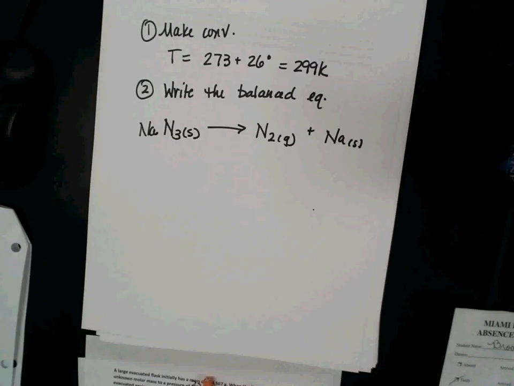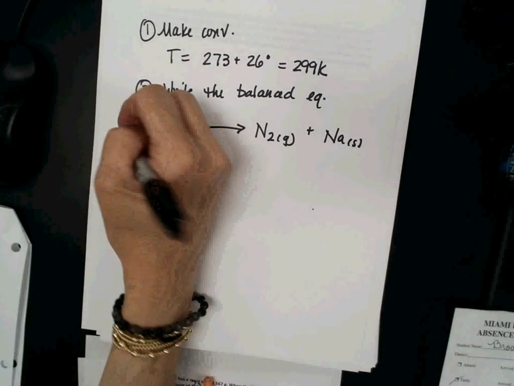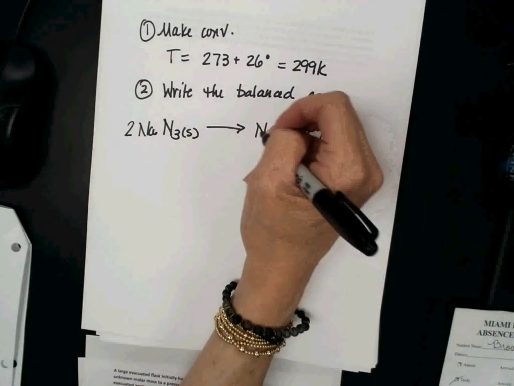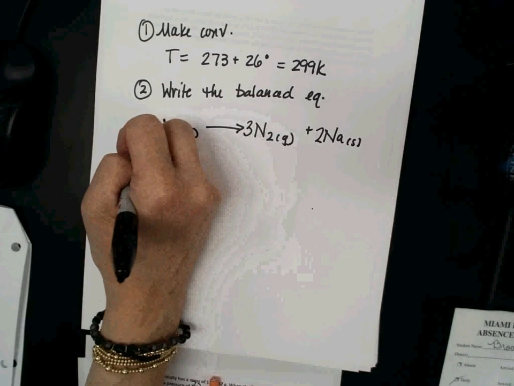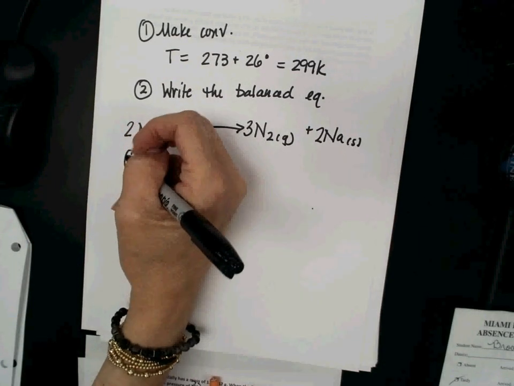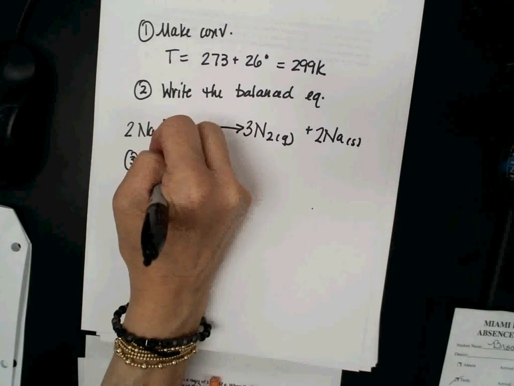So then you have to balance it. So we have to put a 2 there, a 2 there, and a 3 here. So now I've got my stoichiometric equivalencies set up with my balanced equation. And then the next thing I'm going to do is, we need to determine